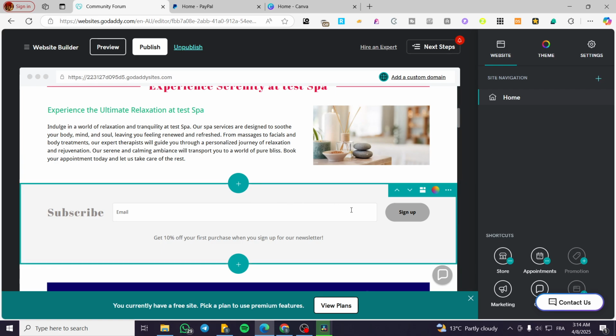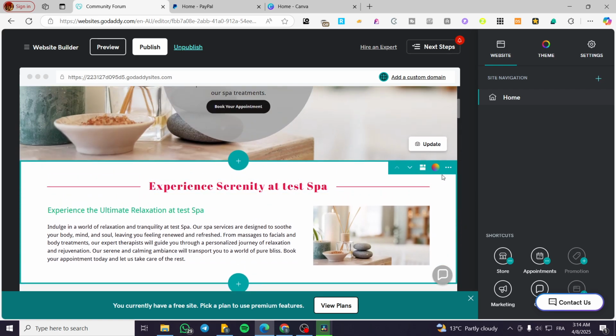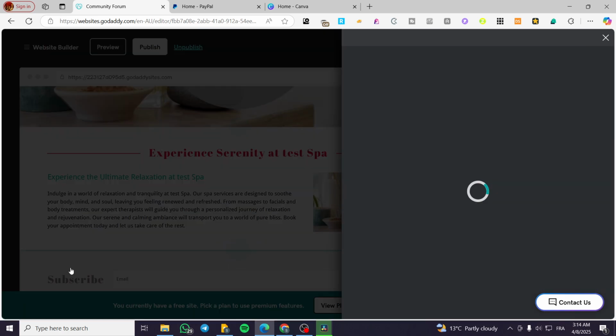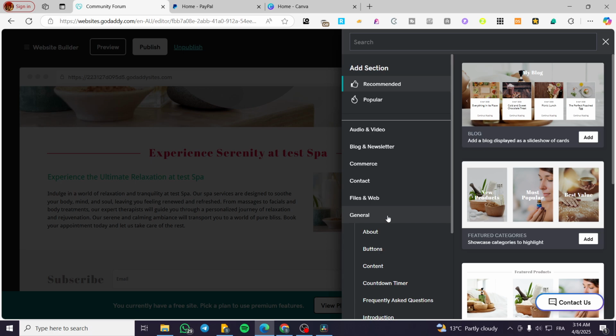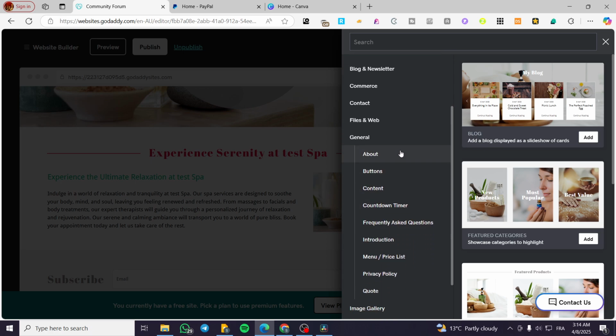We're going to scroll down and see where we are going to add the button. So basically you are going to have here the plus buttons or the blue buttons right there, which are going to invite you to add sections. So we're going to click on Add Section on the specific space, let's say here, where we want it. And then what we're going to do is head over to the categories and select General. For General, we are going to have an extended menu about, as you can see here, sections, buttons,